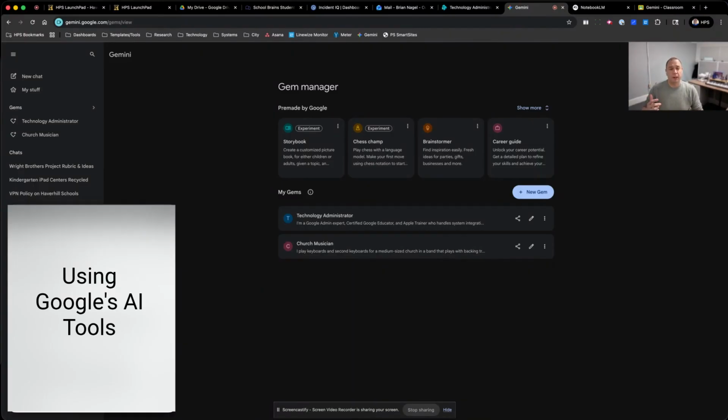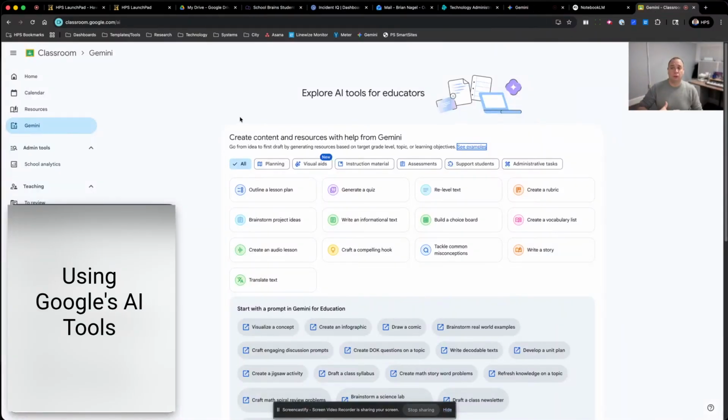And then last month, we talked a little bit more about the expanded classroom features. So when you're in Google Classroom and you have Gemini on the left-hand side, they keep adding new things in here. Anything from doing interactive quizzes or generating a rubric. The new thing last month was that you could create an audio podcast based on a prompt, and it saves it in a chat style message for you. So really interesting stuff that's all integrated in the things that we use on a daily basis.